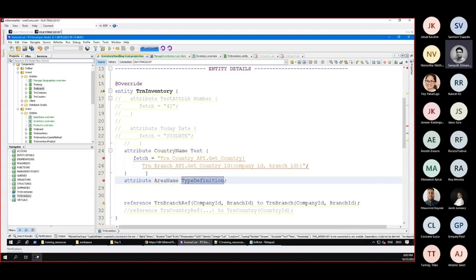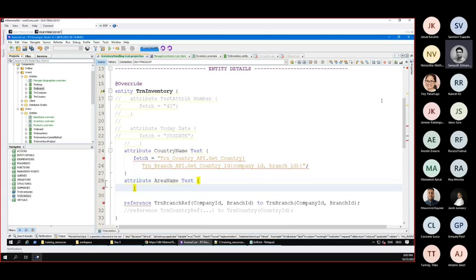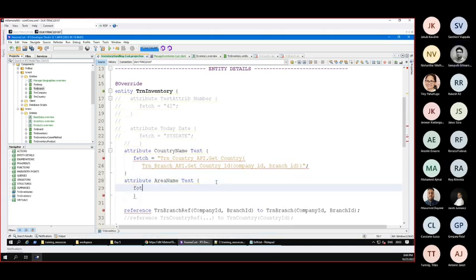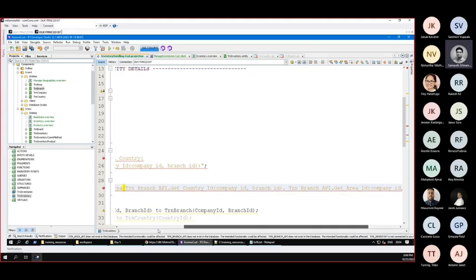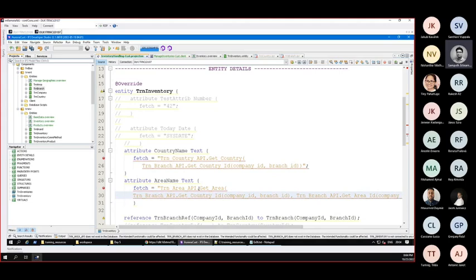So you can work with me here. You can copy the code if you want. You can type it if you want, however you like. And for the area name, I think I have some code that is prepared somewhere else. So I'll use that. So this is a 2-step sort of a bit complex. And so let me show you what I'm doing. So we are getting the area from TRN area API, but this get area expects a country ID as well as a